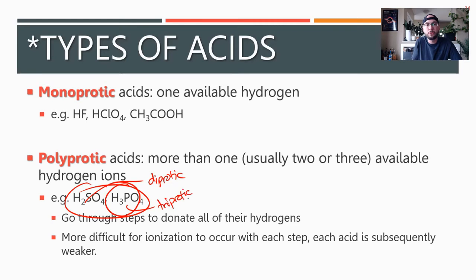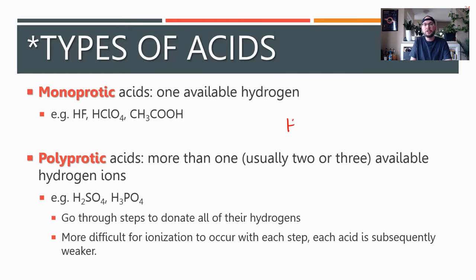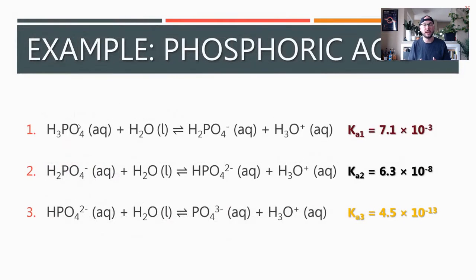So protic just refers to a proton being donated, right? Normally hydrogen is made up of 1 electron and 1 proton. But when it's H plus, that electron has been transferred away. So really hydrogen is just a bare proton. That's why we call it protic. Okay, so monoprotic acids give off 1, polyprotic acids give off more than 1. When we have a polyprotic acid, it actually ionizes in steps, meaning that it gives off 1 hydrogen at a